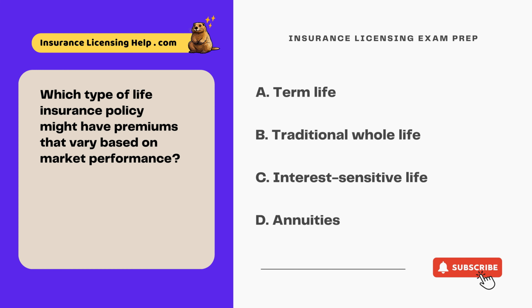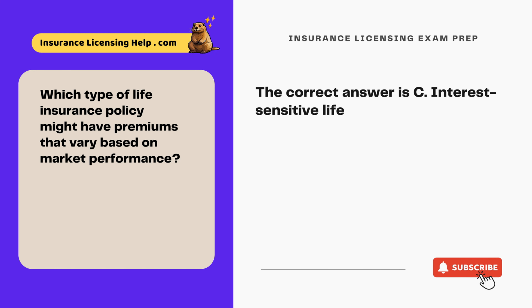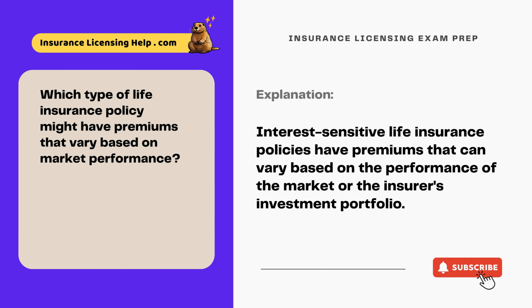Which type of life insurance policy might have premiums that vary based on market performance? A. Term life. B. Traditional whole life. C. Interest-sensitive life. D. Annuities. The correct answer is C. Interest-sensitive life. Interest-sensitive life insurance policies have premiums that can vary based on the performance of the market or the